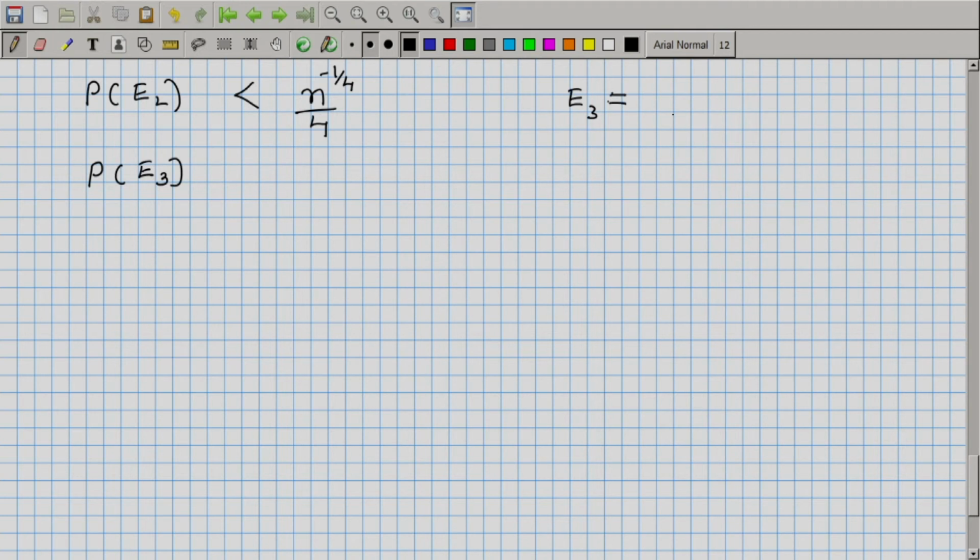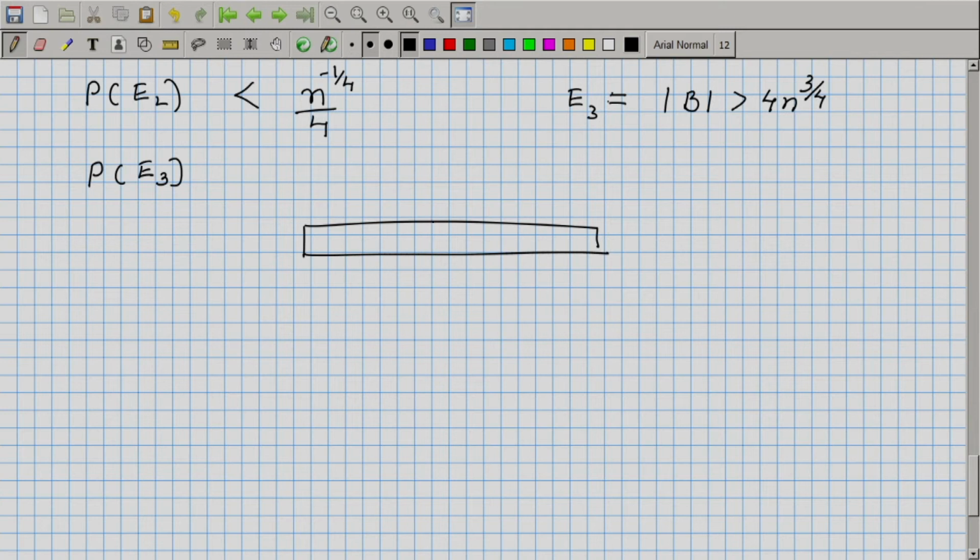So, E3 is the event that the size of B is greater than 4 n raised to 3 by 4. Okay. So, once we had split the entire set into 3 parts, the middle part being greater than 4 times n raised to 3 by 4, what is the probability of that happening? We will show that that probability is also small. Okay. We will